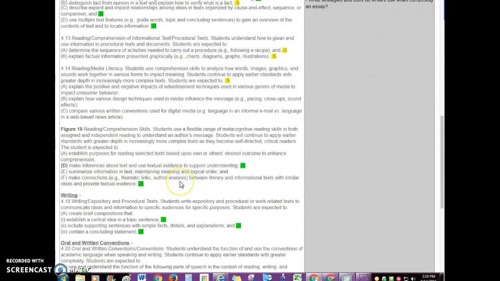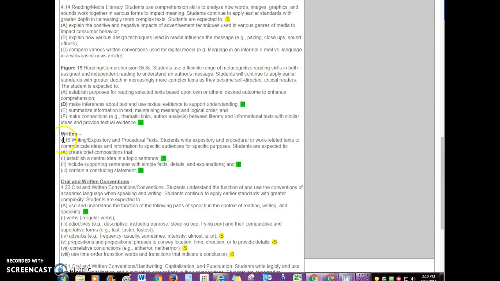So I'm going to scroll down. And that's your expository and procedural TEKs. So work related to communicating ideas and information to specific audiences for specific purposes. That's important here in this unit. And so they're writing compositions with these understandings. And so this unit will focus on